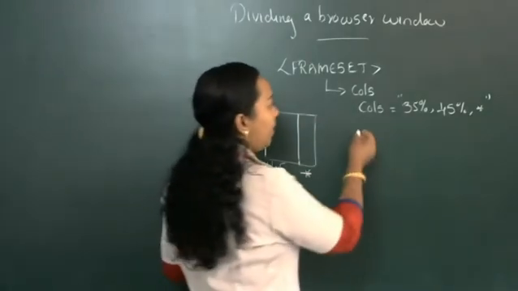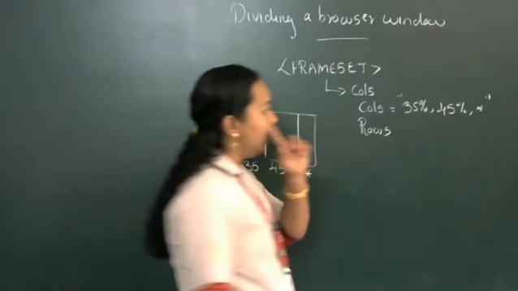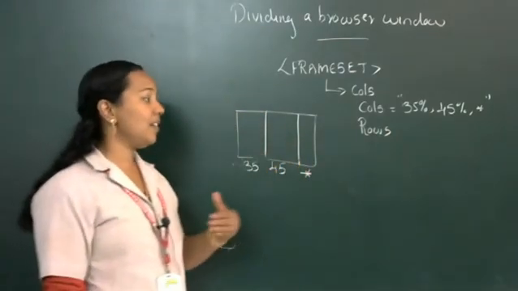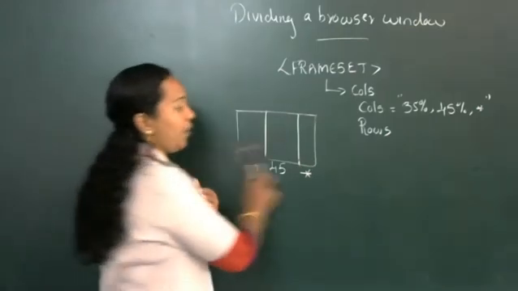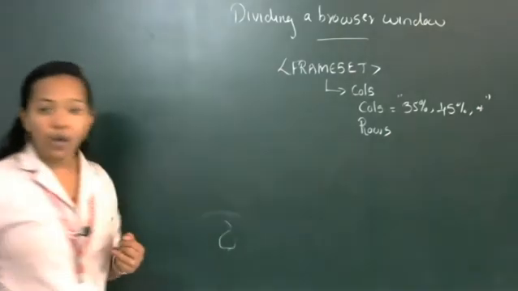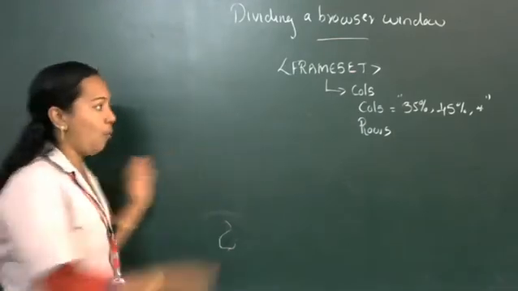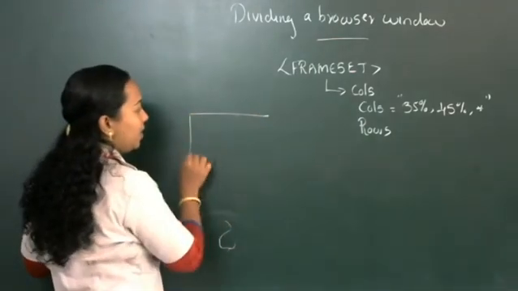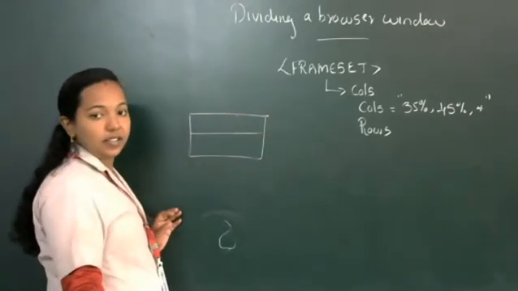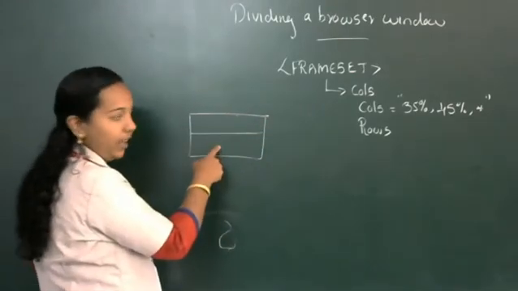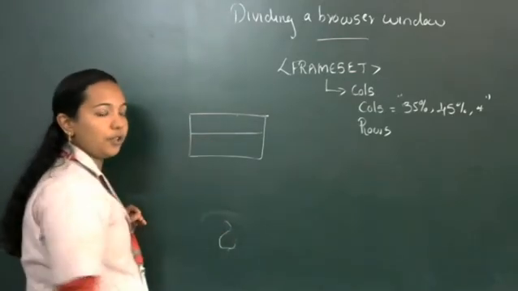Then, if we are dividing column wise, second one we can divide the web page row wise also. So, what will be the next attribute? Rows attribute. Rows attribute is used for dividing the web page row wise. For example, this is our web page. We can divide that web page like this: first row and second row, 50% for the first row, 50% for the second row.